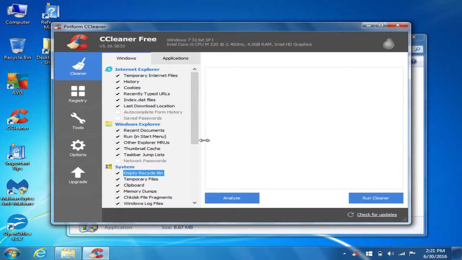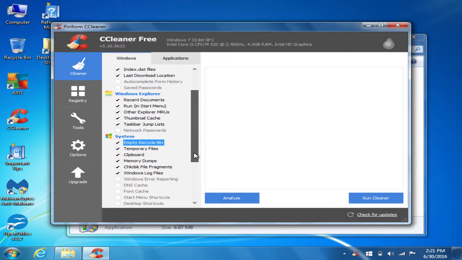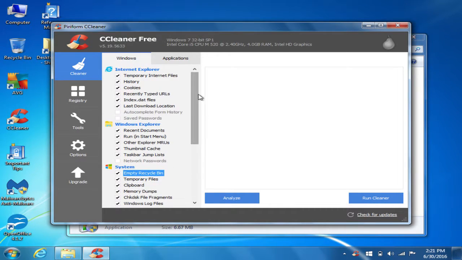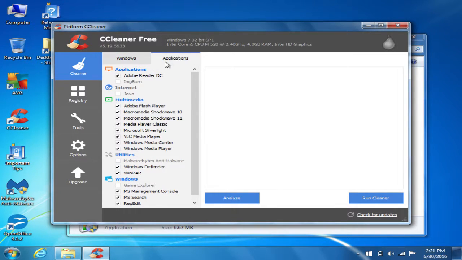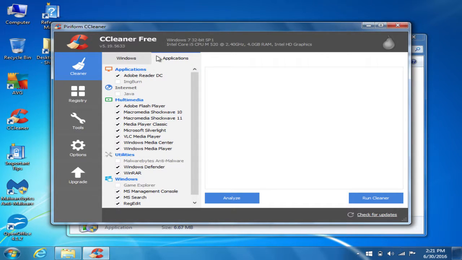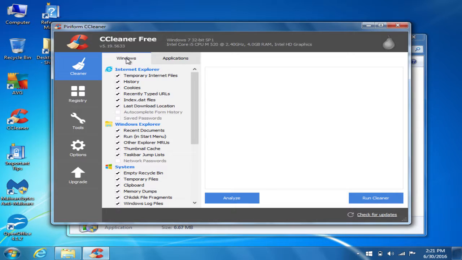And if you have a specific web browser that you don't want it to clear, if you don't want it to clear your temporary internet files, for example, you would just uncheck that. And say you wanted to not clean up files from, say, WinRAR, you could go in and manually uncheck that, and so on.